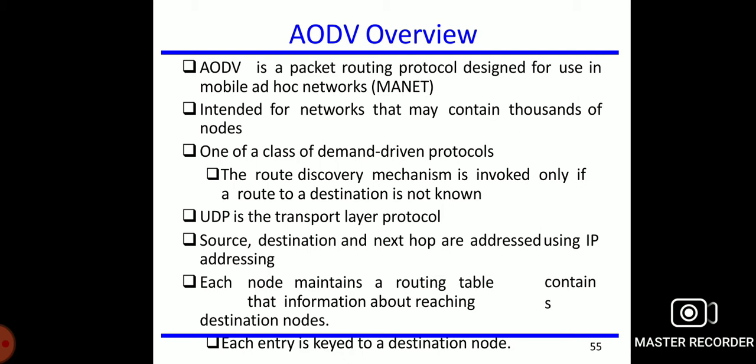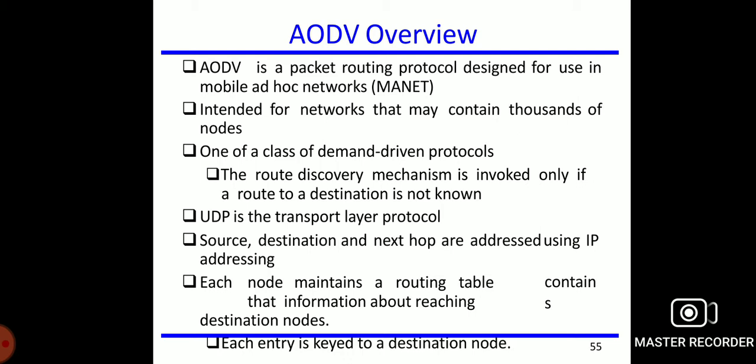The node that needs a route to a specific destination generates a route request, that is, RREQ. The route request is forwarded by intermediate nodes, which always learn a reverse route from the source to themselves.